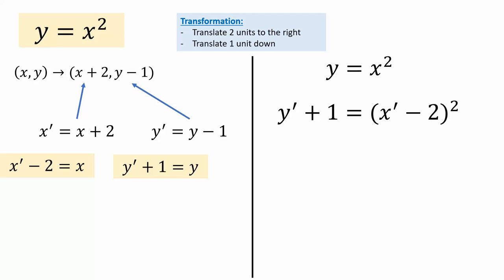Now, normally when you write your equations, it's always y equals something, not y plus 1. So I need to remove this plus 1 here. Opposite of plus 1, minus 1 both sides. So if I minus 1 both sides now, I'll say minus 1,